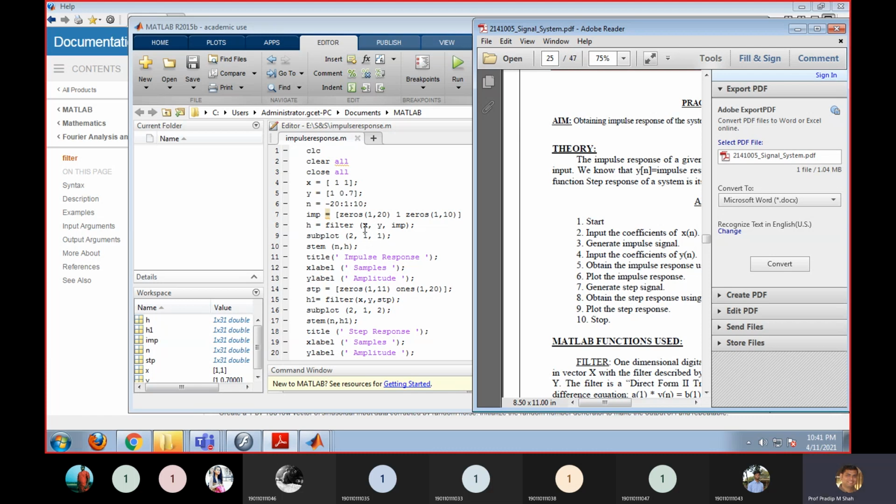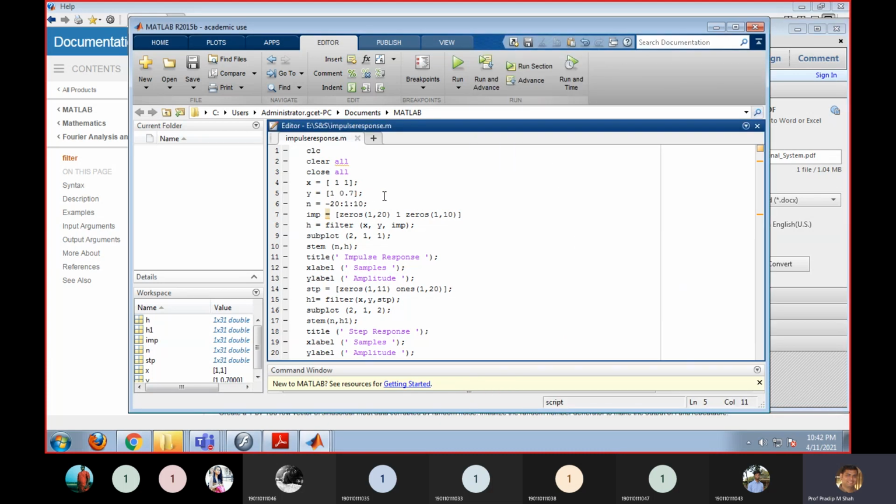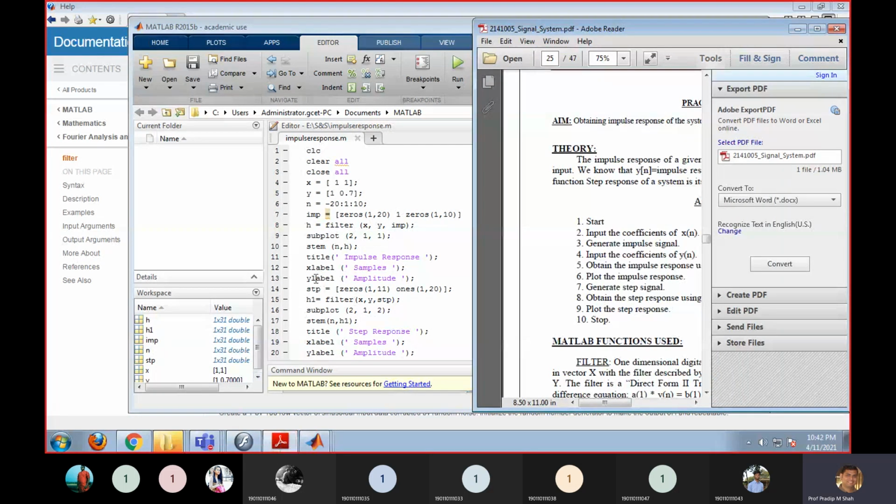So wherever b is my x, a is my y. So I'm defining [1 1] for b, and for a that will be [1 0.7]. You can use any system. Better to use a very simple system so you have an idea. Later on you can also change it.